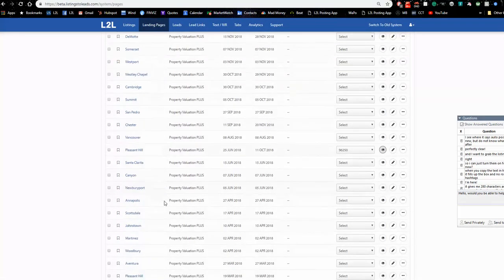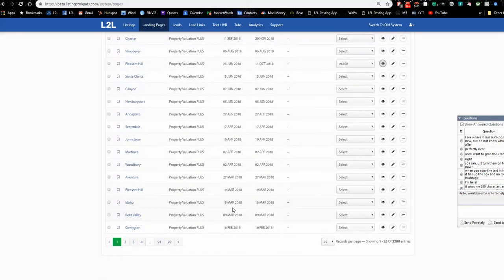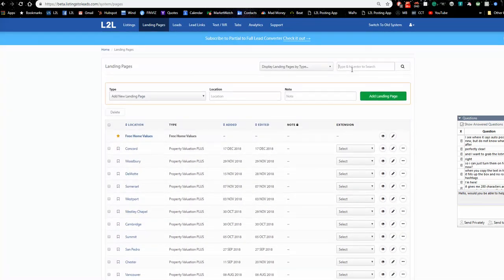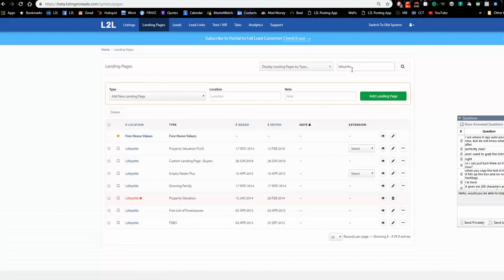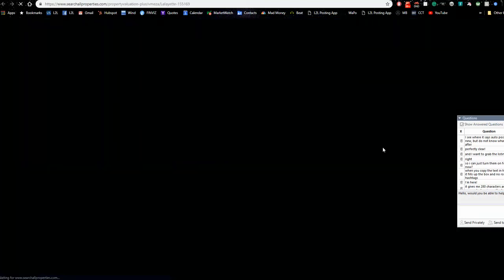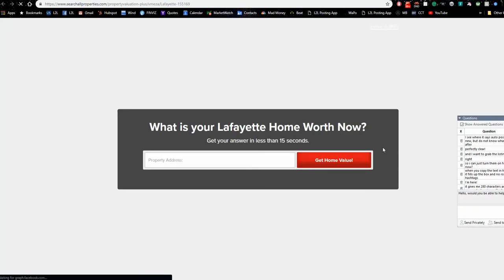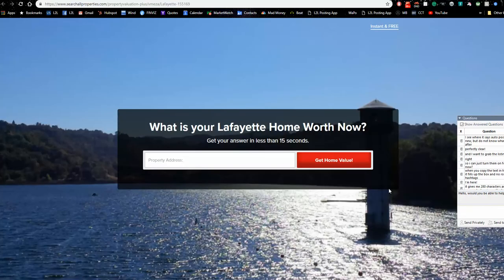You know this part. But also, I'm going to type in here Lafayette, because we ran an ad on Lafayette about a sold home. Now I want to just put out a straight up property valuation page. And if we look at this, this is the reservoir in Lafayette. So I want to kind of remind you or show you that